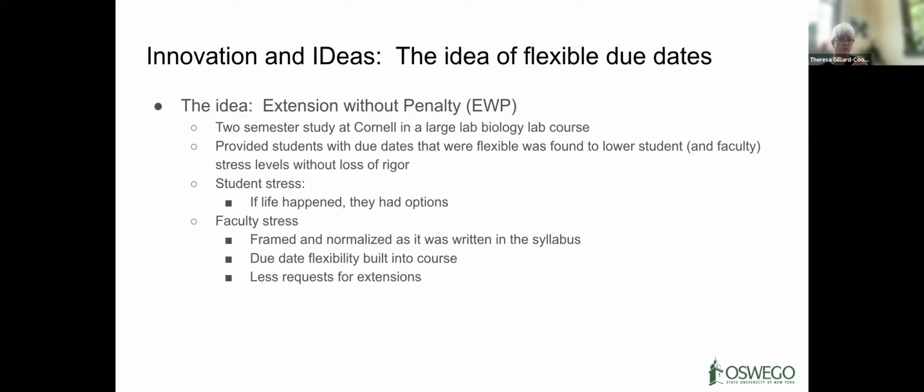surveyed 563 students regarding their preference for assignments: no due date, one due date, or dual due dates, which is the ideal date plus the extension. They found that more than 80% preferred the third option. So they created this idea of the extension without penalty that features two assignment deadlines: there's an ideal and then there's the extension without penalty.